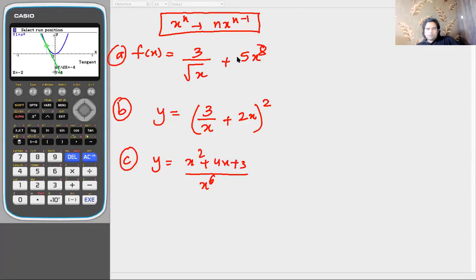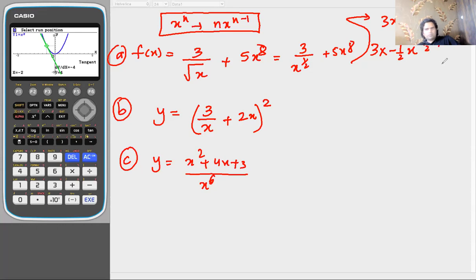So in this one, what we first do is you can see that the root x is in the denominator. So first we modify the equation a little bit. So it will be 3x to the power half and plus 5x to the power 8 as it is. This obviously equals 3x to the power negative half if you bring it up, and plus 5x to the power 8. Now, if you apply the derivative rule, it becomes 3 times negative half x to the power